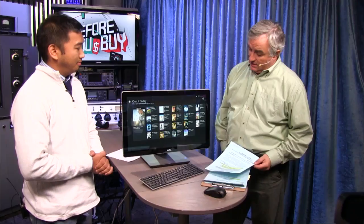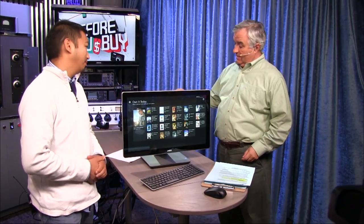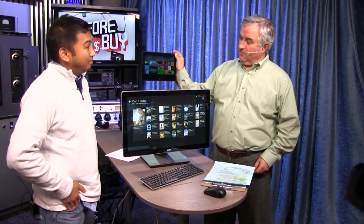Now, before we take a look at this all-in-one from Dell and this little svelte beauty from Nokia, let's talk